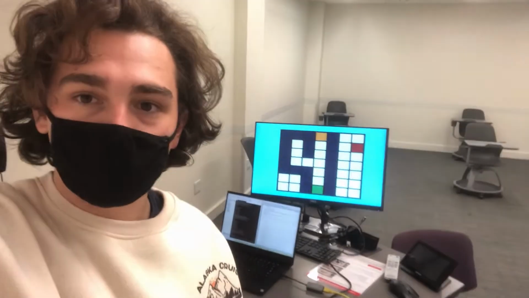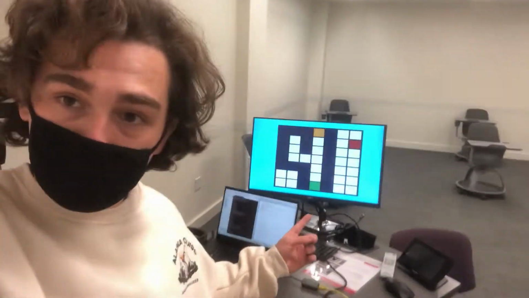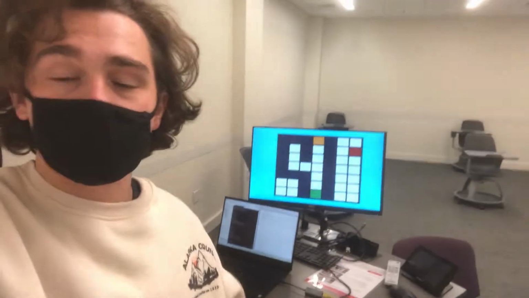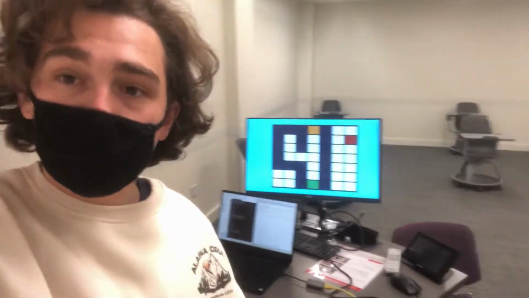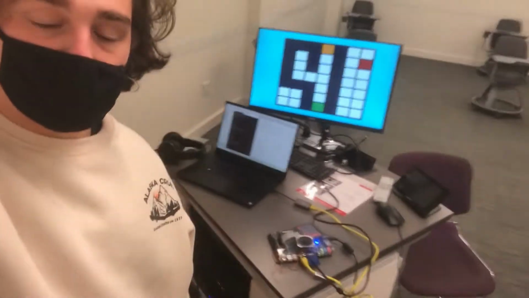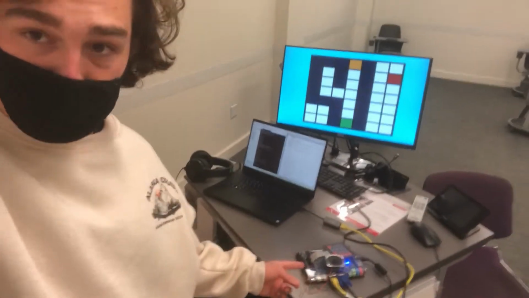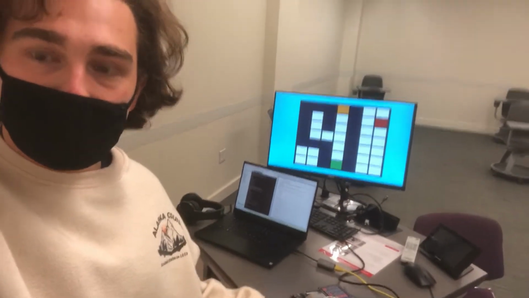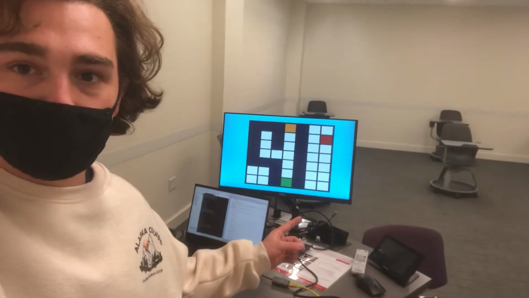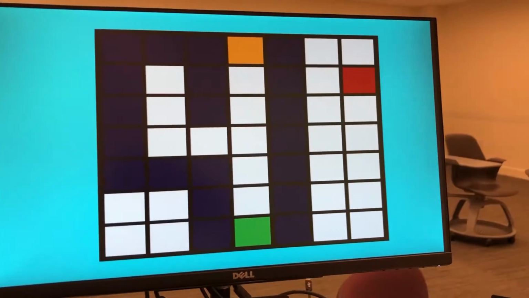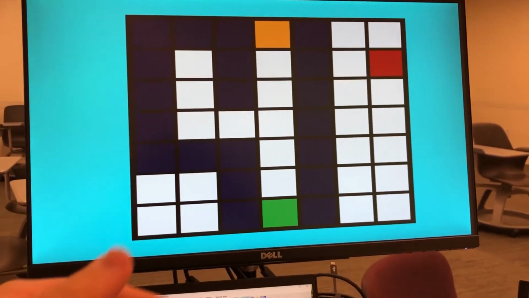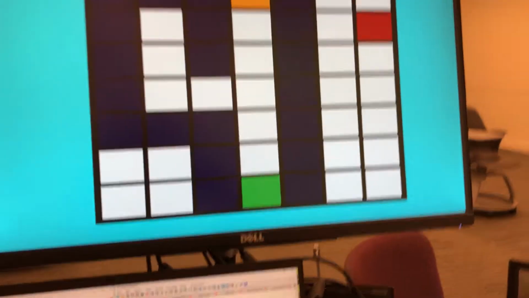Hi, my name is Luke Wisner, and this is my reinforcement learning algorithm that improves on Dijkstra's algorithm to solve a user-generated maze. It uses the DE1 SoC, a speaker, a keypad, and it utilizes the VGA port to display graphics on a monitor. So I have an example maze up here that I will use to demonstrate how both